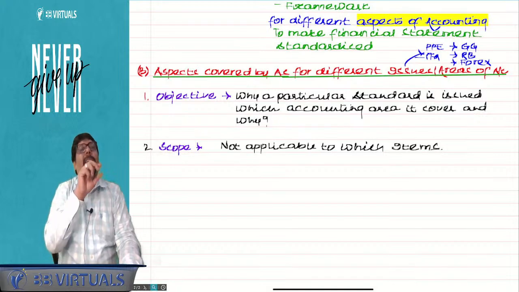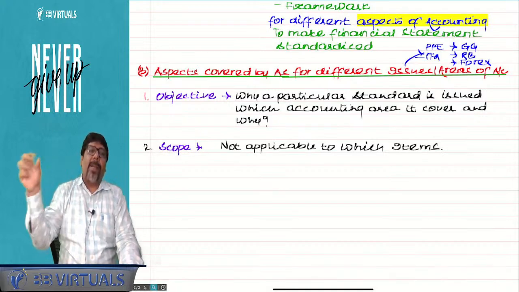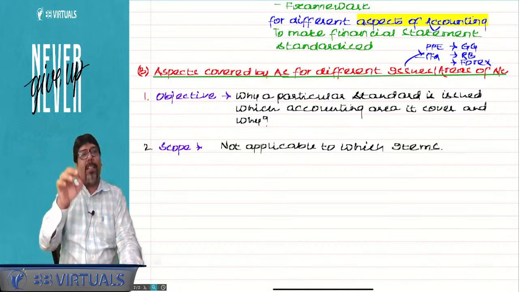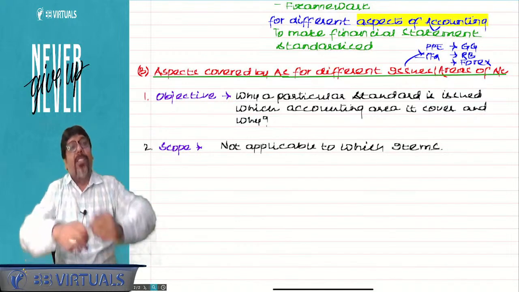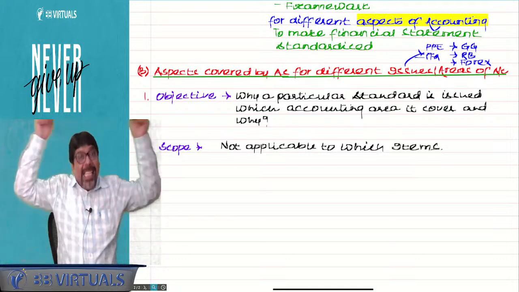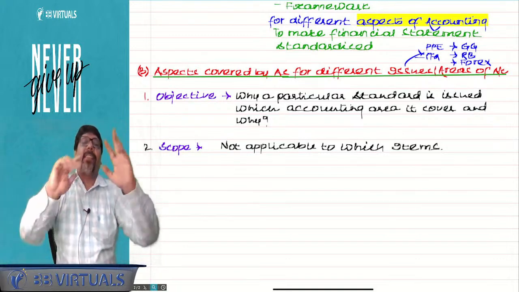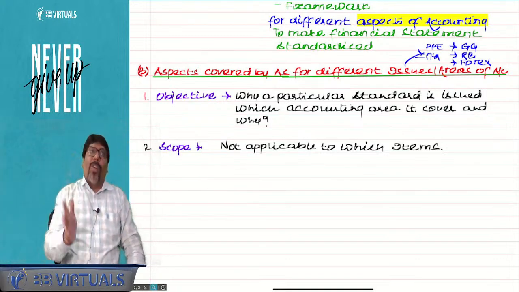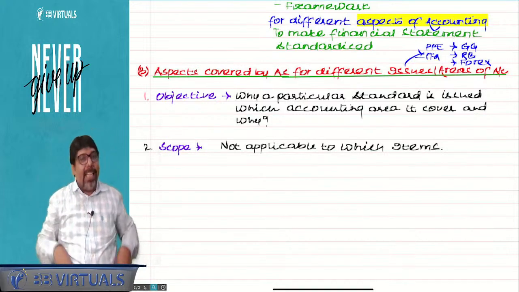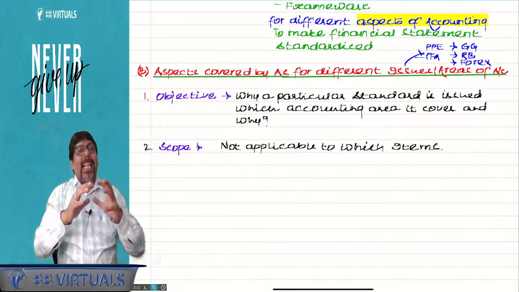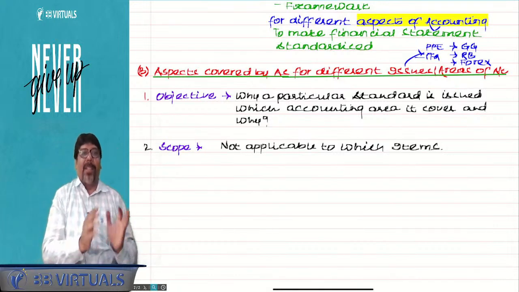When I say intangible asset, AS 26, and over there it is written it is not applicable on RAM. What does that mean? RAM is not intangible, or RAM is intangible but AS 26 is not applicable? RAM is intangible, but AS 26 is not applicable. Exactly. So that is the scope: it covers which intangibles in this standard.